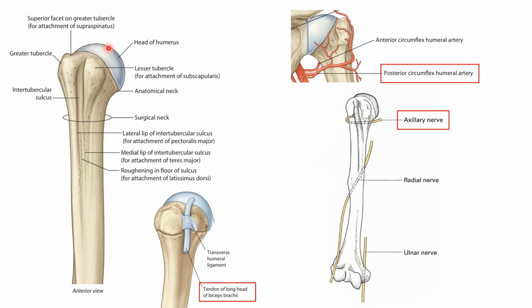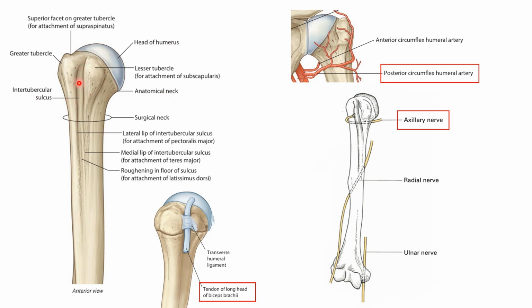Okay, you can see this is the head of the humerus. It is a smooth, rounded articular surface, forms 1/3 of a sphere, and articulates with the glenoid cavity of the scapula and forms the shoulder joint. And this is the greater tubercle, a large lateral projection, which gives insertion for three muscles: supraspinatus, infraspinatus, and teres minor. This is the lesser tubercle, an anterior projection medial to the greater tubercle, which gives insertion for one muscle: subscapularis. And this is the anatomical neck. This gives attachment for the shoulder joint capsule.